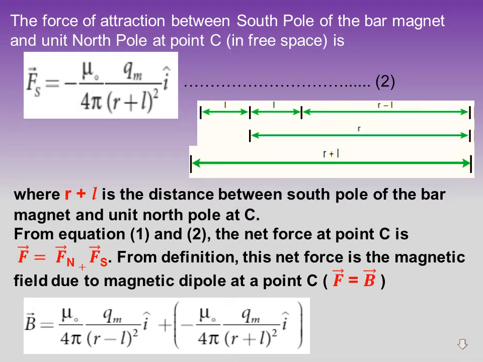By applying equations 1 and 2, the magnetic field B is mu naught by 4 pi Qm by (r minus l) the whole square i cap, plus minus mu naught by 4 pi Qm by (r plus l) the whole square i cap, is equal to